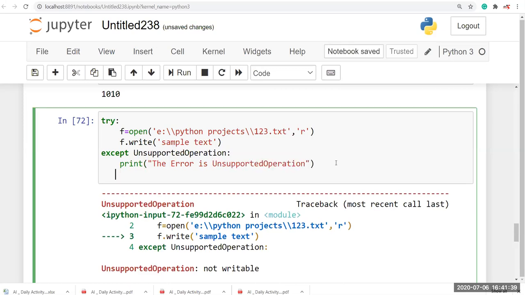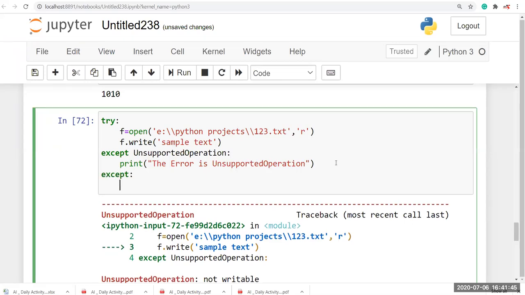After that, here I just use one more except, for if any other error will happen, it will work, right? So print something happened.